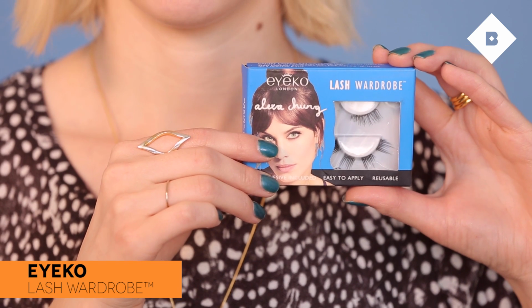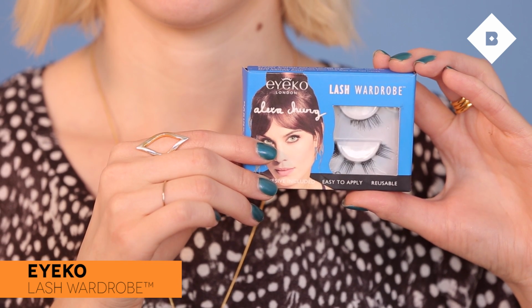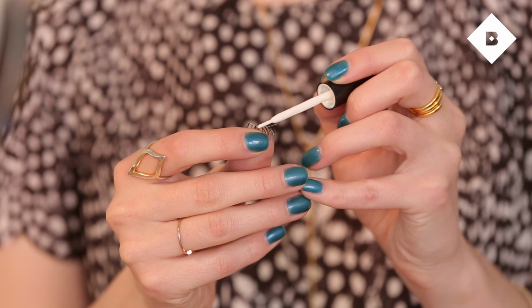Now, to really make your eyes pop, you can use false lashes. Feel free to skip this part if you want, but I think we'll go for it. I'm using Eyeko's Lash Wardrobe. There's half lashes in here and corner lashes, so they're a little bit more natural looking than a full lash. Comes with glue. Paint a very thin line